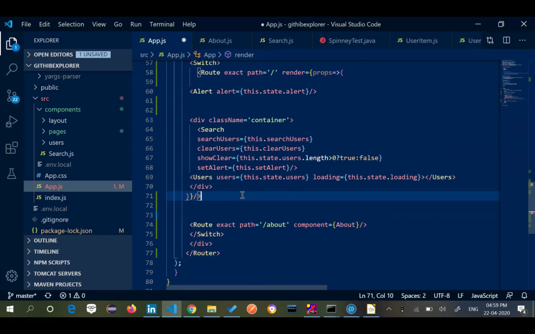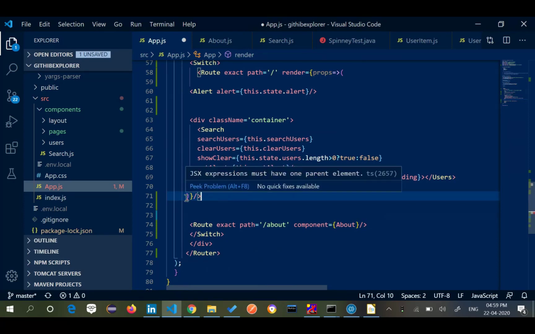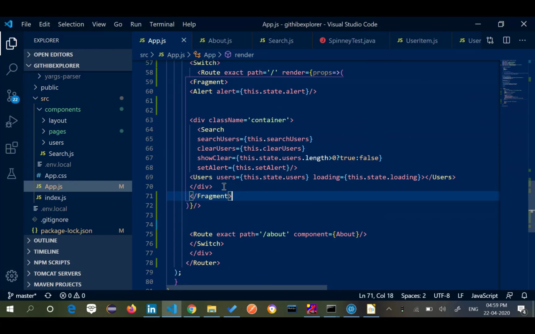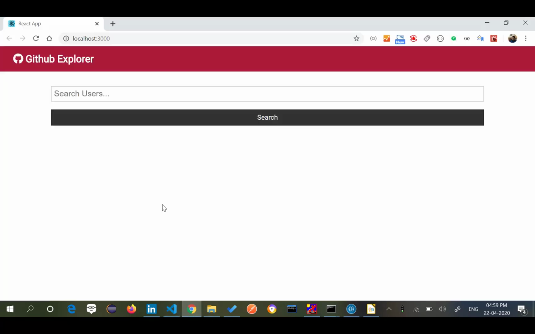This whole thing should have one parent element. So I'm just putting it inside a fragment, so all of these things become one element, and I still get my home page, and it is running like this.